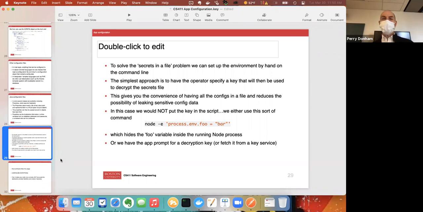We can put them on the environment. So when you're starting stuff up, I can do stuff like this. Here I'm starting up a node application, and this -E switch says to stick this information on the environment. I've got this thing called foo that I want to put on the environment, and its value is bar. Then I have access to process.env.foo inside the application. If you don't know what those are,